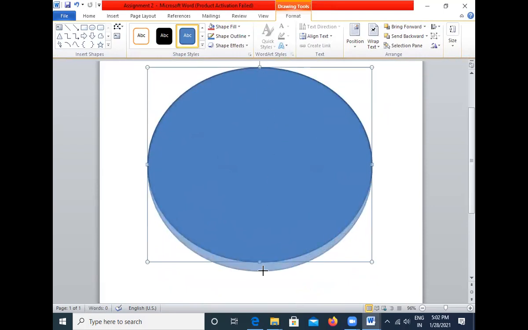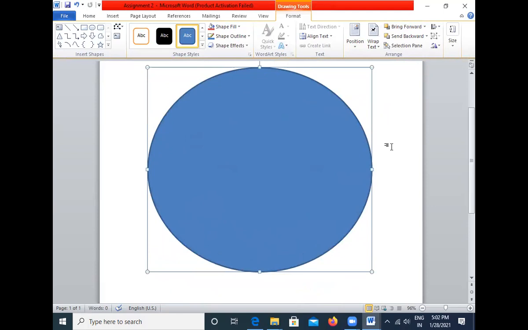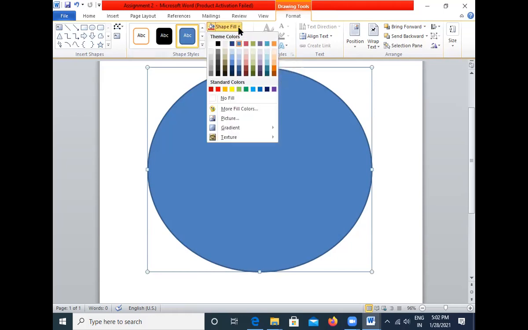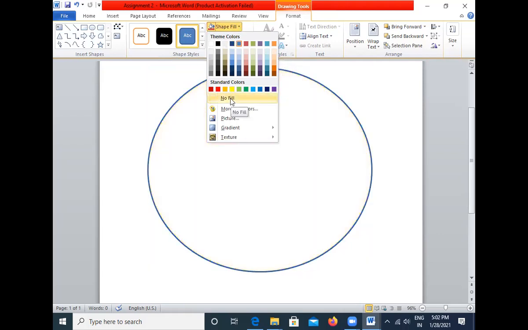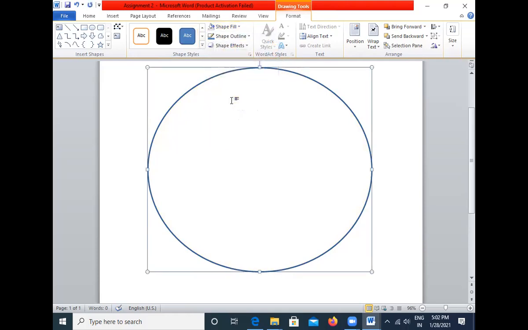By default, the shapes that we are taking are filled. If you don't want to have any color for this, then we'll go to the Shape Fill option, and from here we'll select No Fill. Then automatically there will be no color for this.